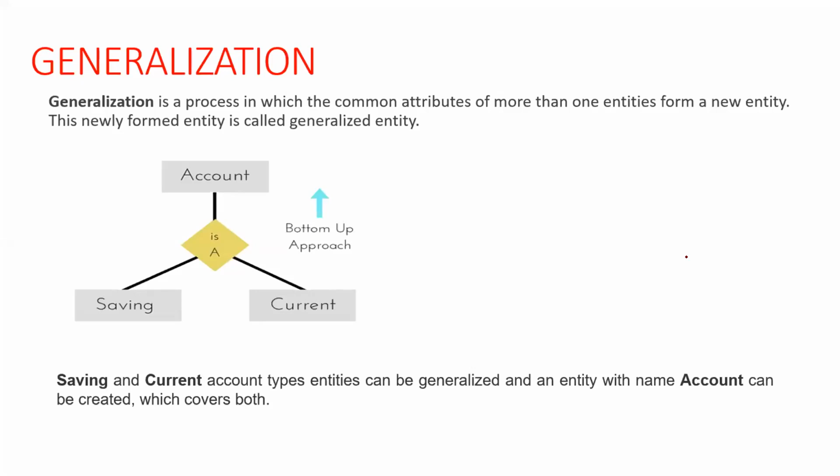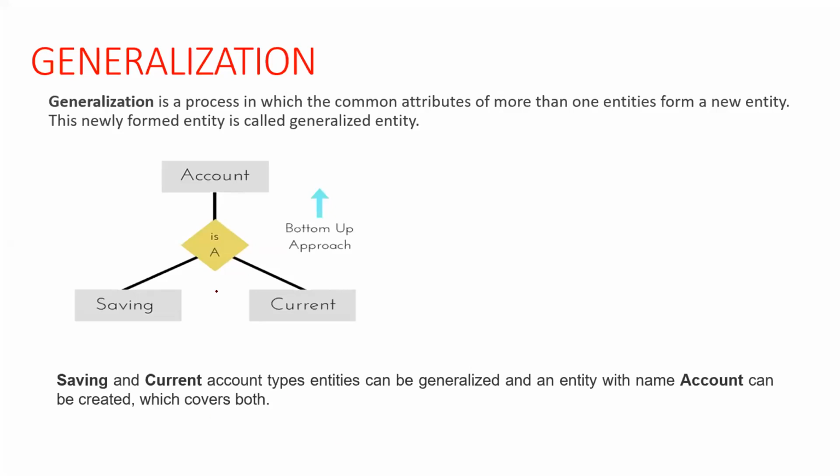We have to find the common attributes or common entities from the entity sets to form a new entity. This new entity is called a generalized entity. Okay, so example,